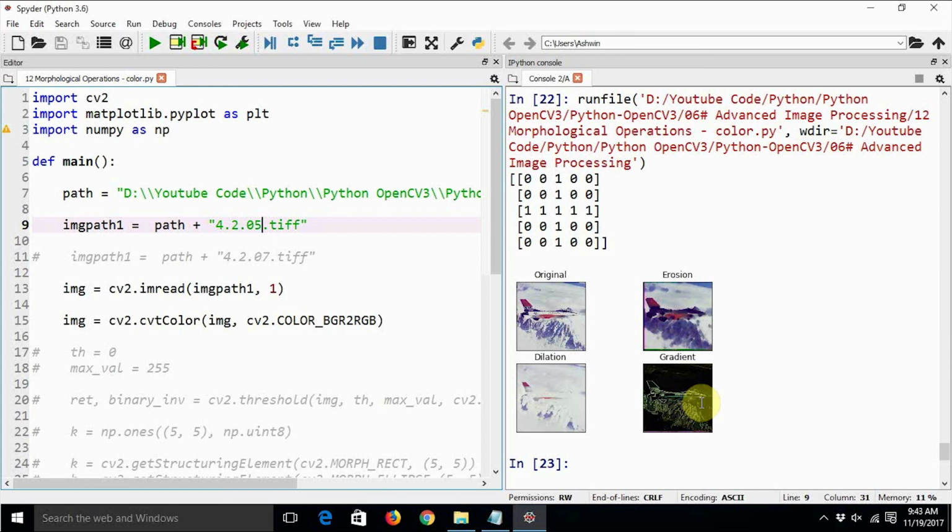So we have seen three transformations: erosion, dilation, and gradient. There are so many other operations. The other prominent operations are opening and closing, but opening and closing are used for removing white or black dots, so those are not very relevant to us as of now. In case you want to have a look at them, you can just Google for them. Just type OpenCV morphological operations, and the first result you find will have all these operations listed and illustrated.